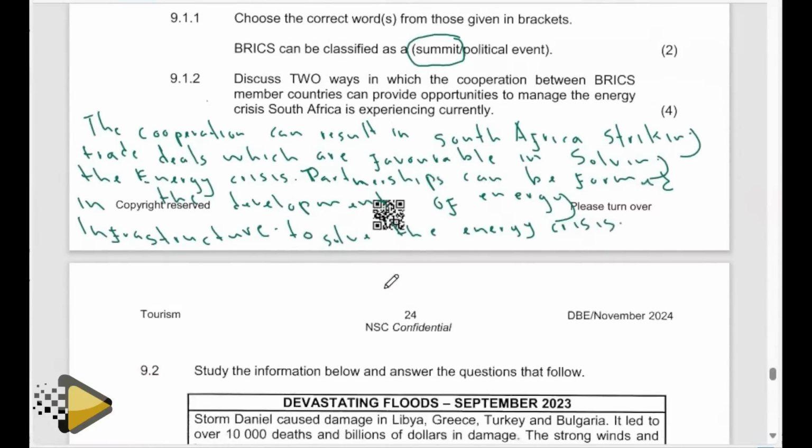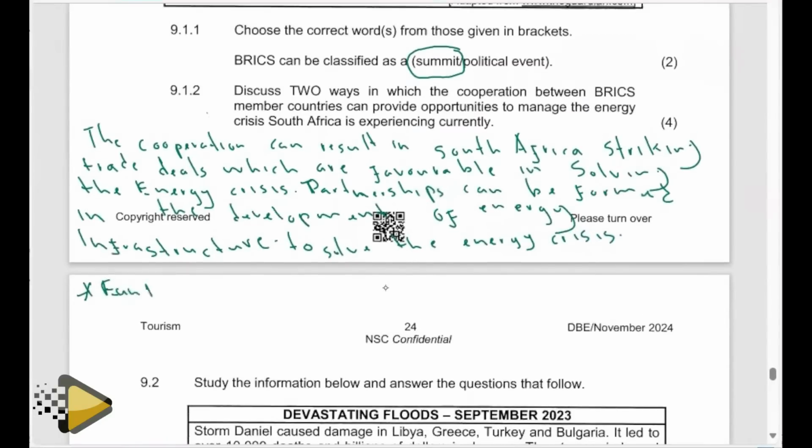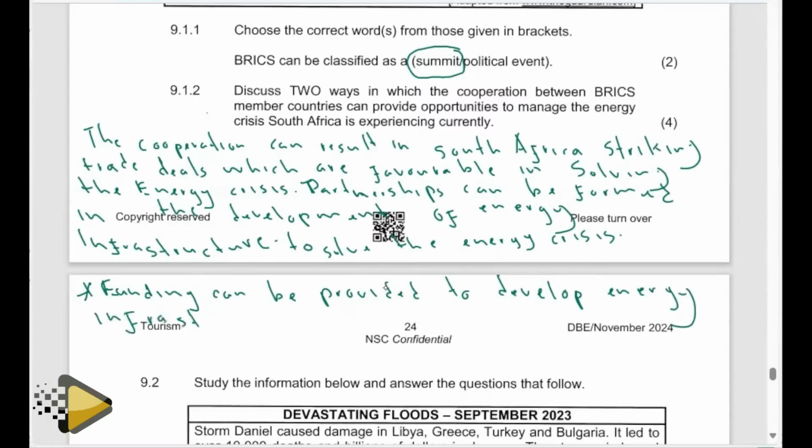Then in addition to that, funding, that is the provision of finance, can also be provided to develop energy infrastructure. So funding can also be provided to develop energy infrastructure. So that is how cooperation between the BRICS member countries can provide opportunities to manage the energy crisis in